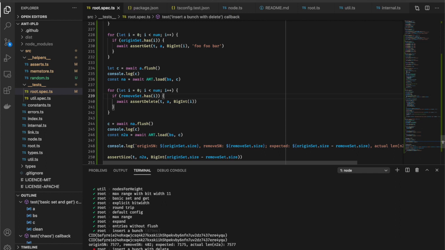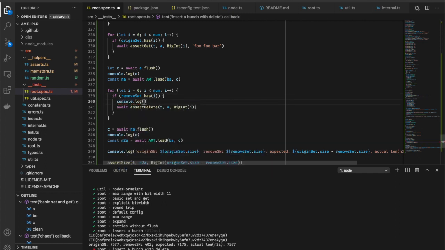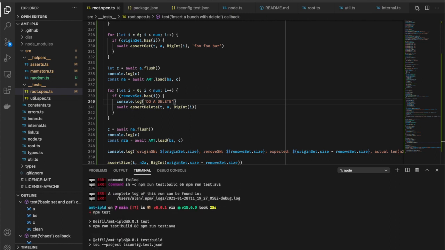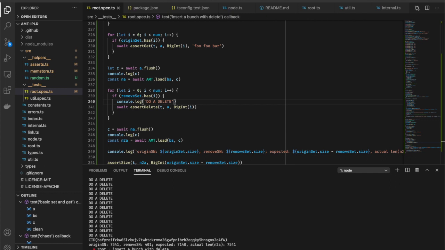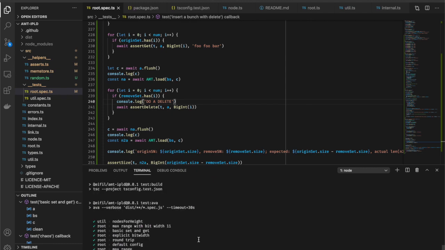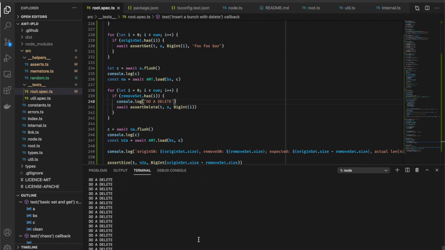Did it do any delete? Do a delete. Yeah. I should see like 400 deletes. Yeah, okay. Interesting. Yeah, they're the same each time. So even though we've done deletes,